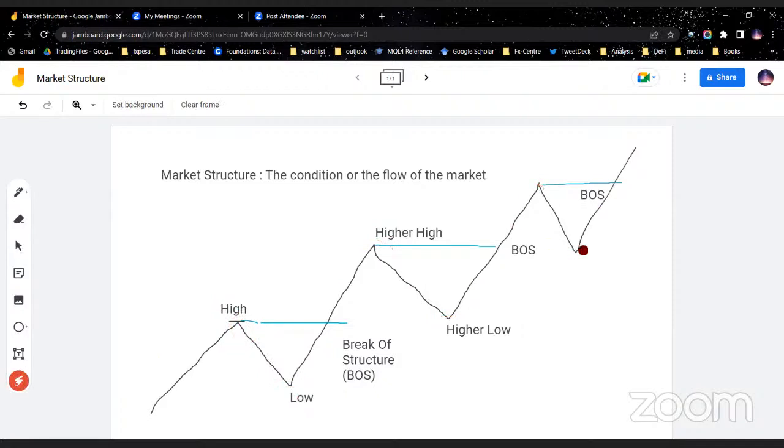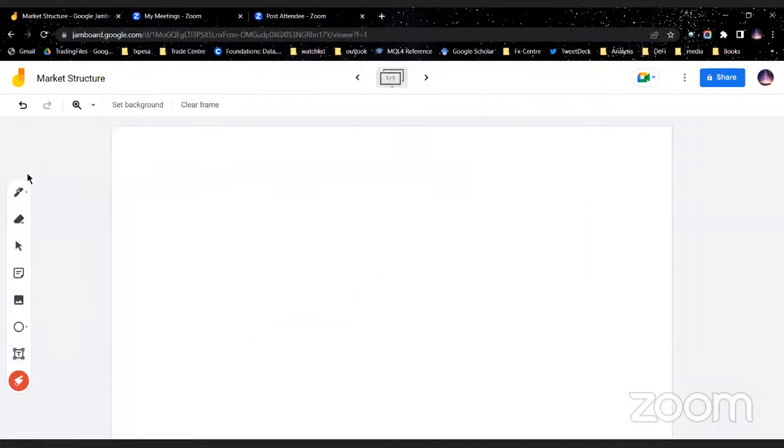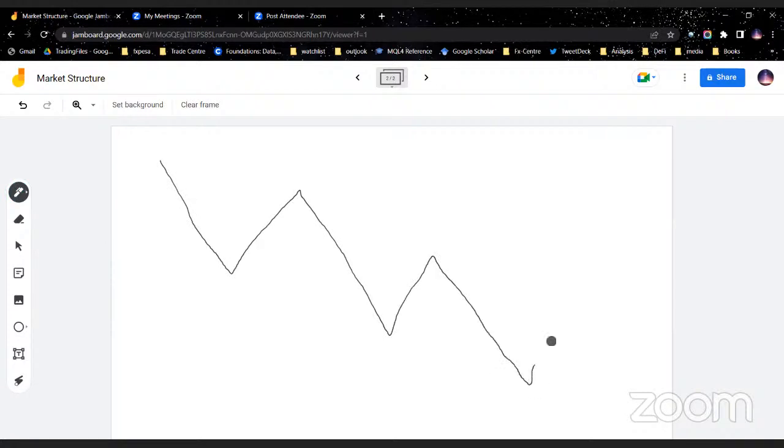So in the case of a downtrend, you will have the opposite of what we're seeing, which should be a series of lower lows and lower highs. So in that case, first we will define a downtrend as such. And then if this is a high,